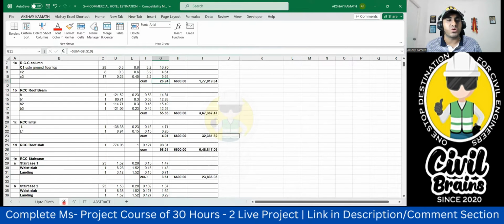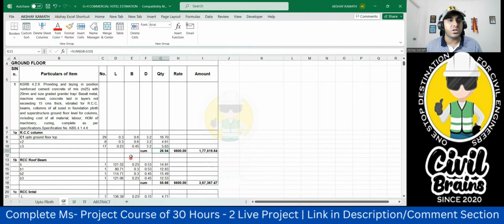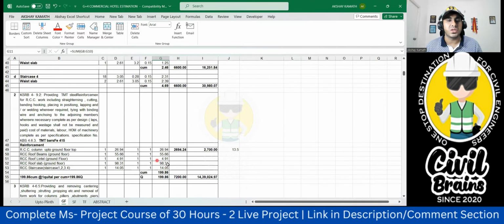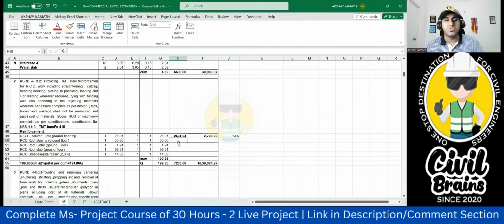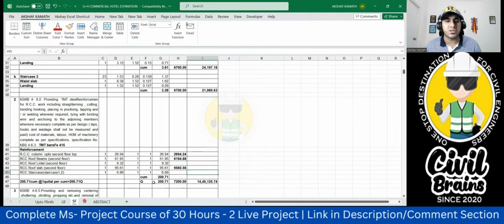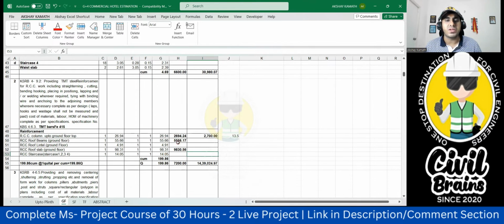We'll do for the ground floor what we had done. Here we had not done it previously. We'll check it, not an issue. Yeah, same thing, almost same thing. See, roof beam, how much it is coming? Some 100 kg, it's falling short. Yeah, 5,500. And for the slab, how much it is? Since I'm multiplying by 100, in terms of kg, slab is 9830, it is 9560, no issues. Almost only it's falling short of 300 kg, and this is 6194 beam, and this is almost 1000 kg it's falling short of